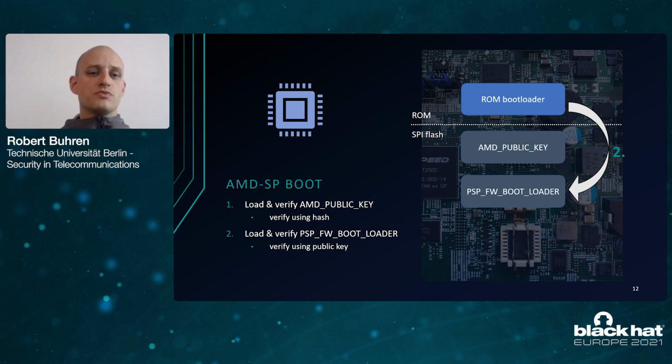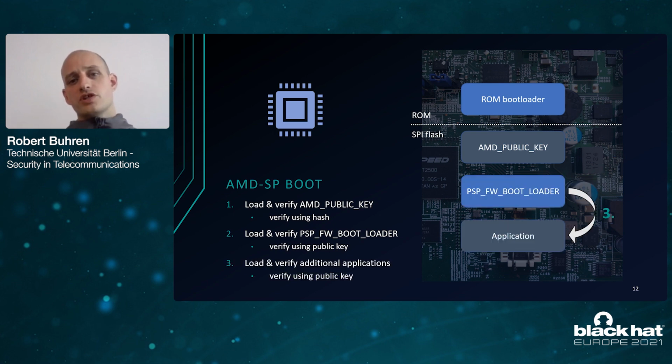Now, in the second step, the ROM bootloader will load the PSP bootloader component. That component has a signature, and the ROM bootloader will validate that signature using the public key, which was loaded in the first step. Now, the execution is handed over to this PSP bootloader component, and that component will load additional components or additional applications from the SPI attached flash. And they all have a signature, and the PSP bootloader will validate their signature using the public key that's loaded